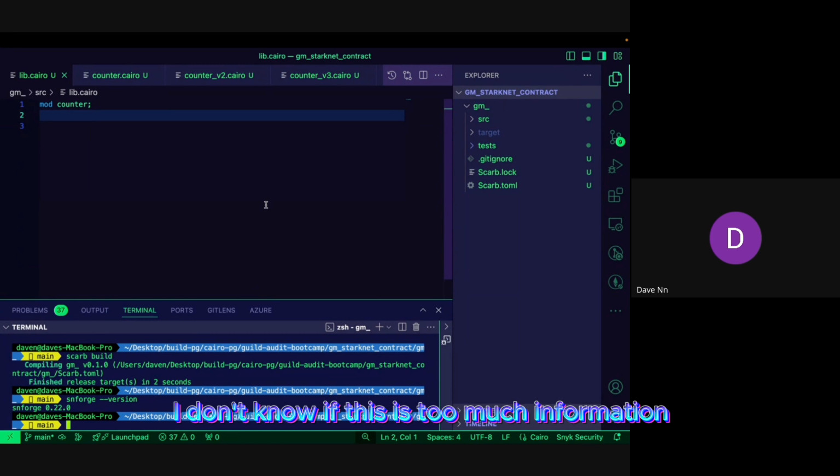I don't know if this is too much information, but I've been given the task of introducing StarkNet contract testing in this particular section. I'll try to cover that. So make sure you have